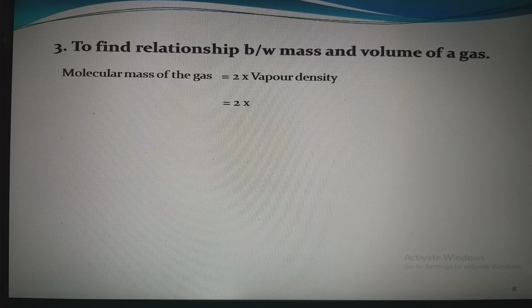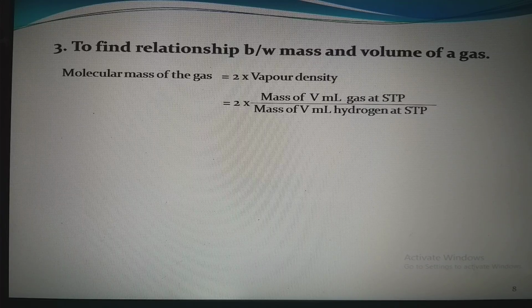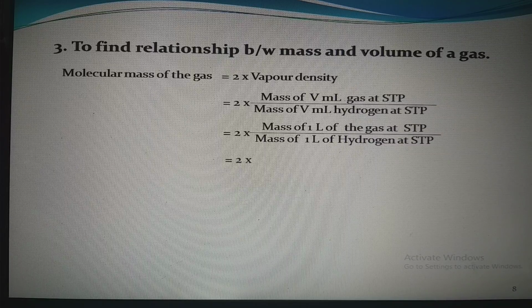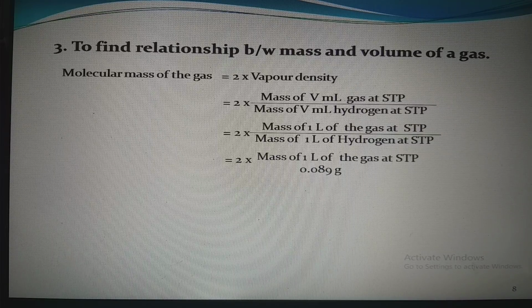So, the formula of vapor density is mass of V ml gas at STP divided by mass of V ml hydrogen at STP. So, our formula becomes 2 into mass of 1 liter of gas at STP divided by mass of 1 liter of hydrogen at STP, if we take the volume to be 1 liter. Now, from experiments, we know that the mass of 1 liter of hydrogen at STP is 0.089 grams, which comes out to be